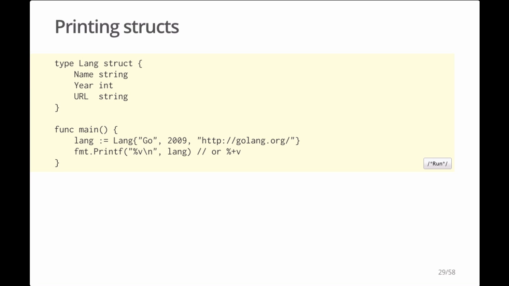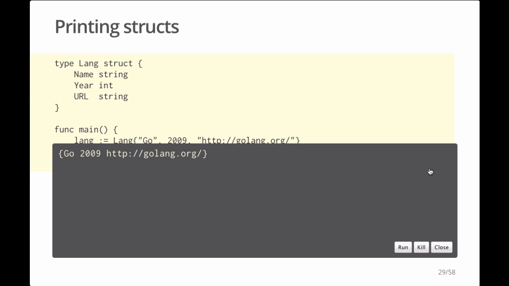And then it calls fmt.Printf to print lang. It uses the %v verb, which we haven't seen yet, but means v for value. You can pass any data you like to %v and it will print a reasonable representation. So here it prints braces to indicate a struct and shows the 3 fields. So how does this work? Clearly not with interfaces, since there's not a String method in sight.